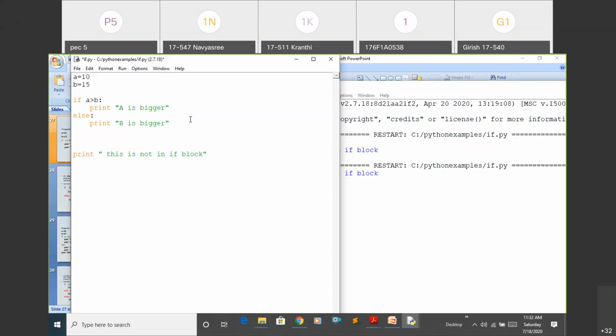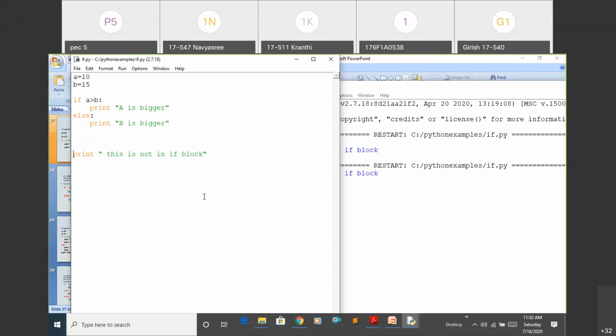It's simple, just like some other languages. I'm executing the file here, but how you write the code in Python, that is important. See here, I'm checking the condition. If the condition is true, it will execute this statement, or else, if the condition is false, this statement will be executed. After that, this statement will also be executed because it is outside of this if else concept.